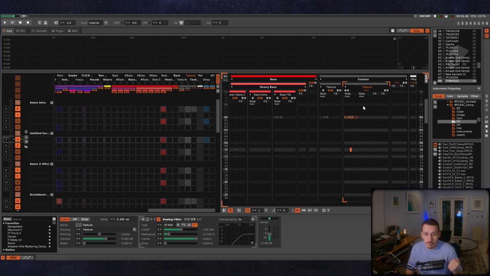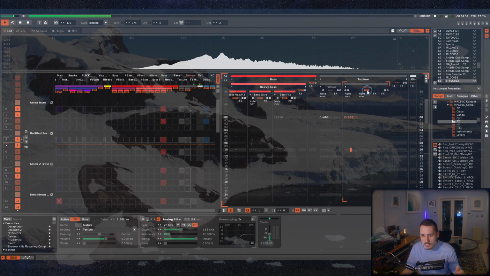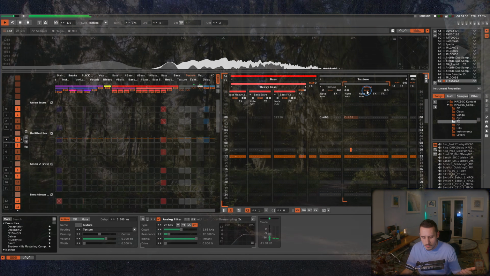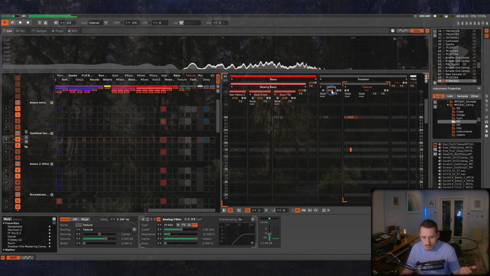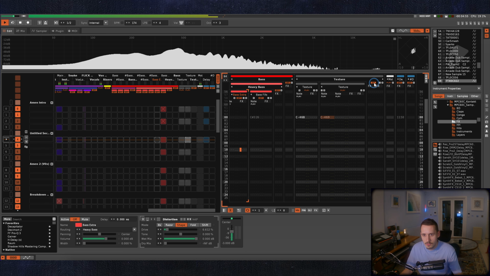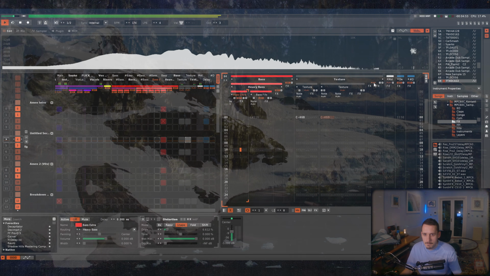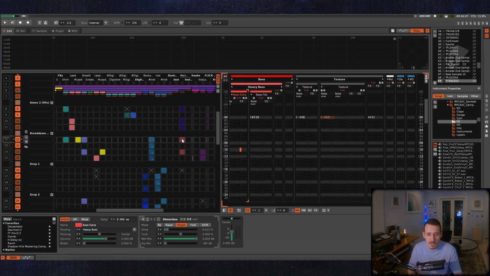As well as the Atmos, I've also got some textures, and I've got a few different things going on here. For the ambient intro parts of the track, I've got this sort of stuff happening. It's like a windy ice sound. Some insect noises, just little things to be in there. You're not hearing them too loud.